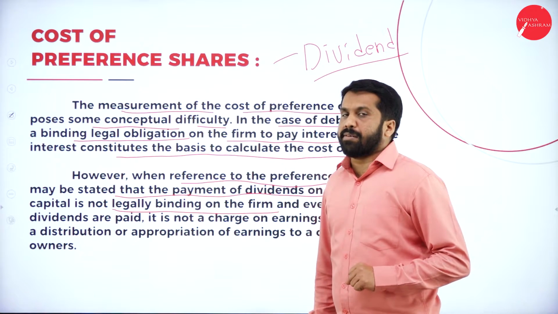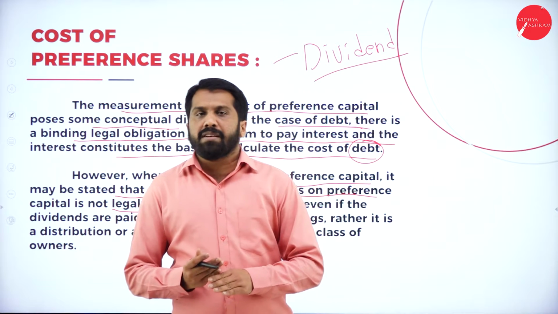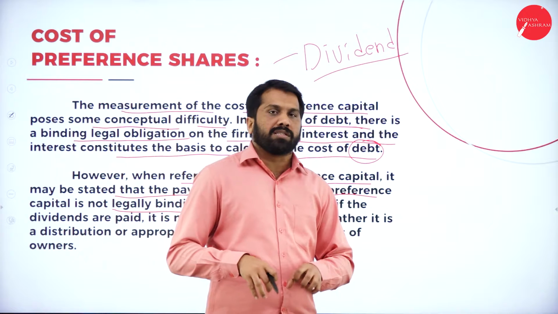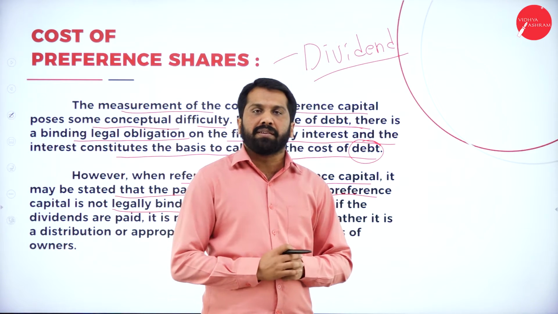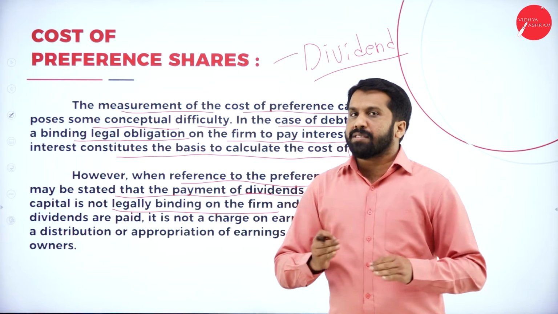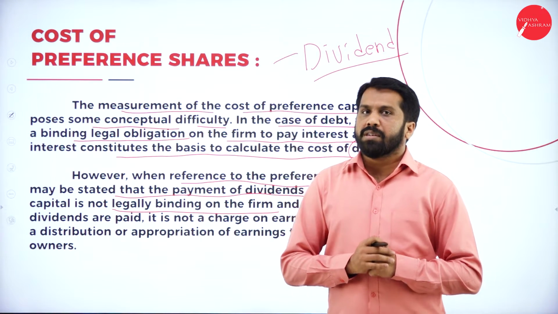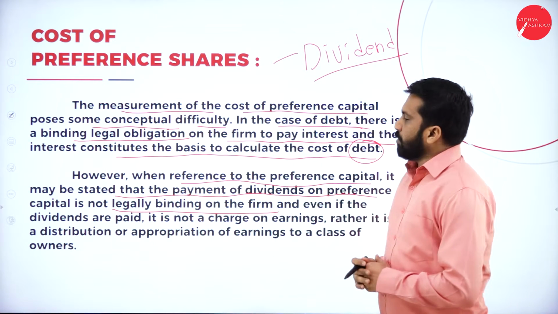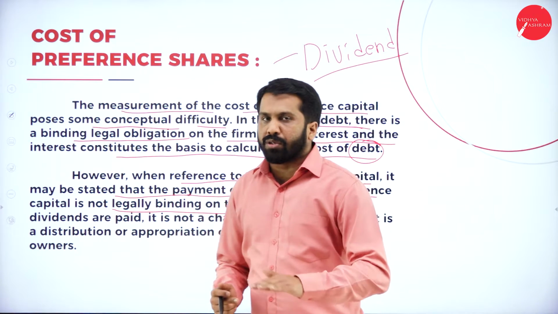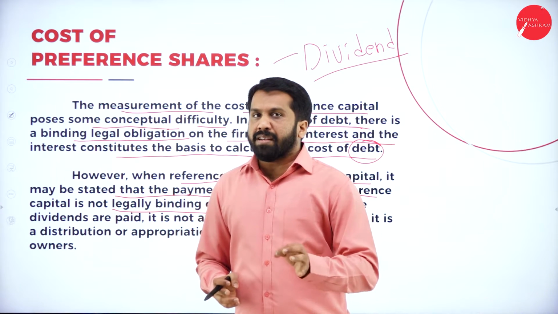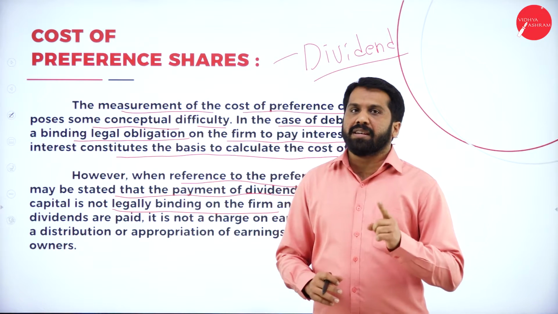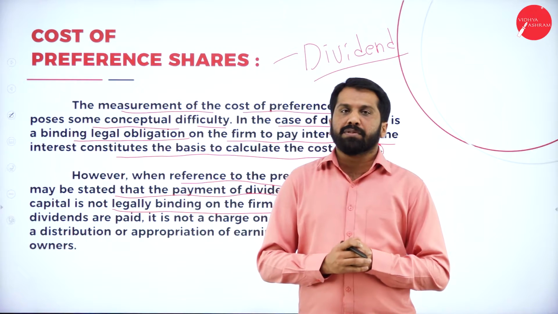It is not legally binding means, in debenture what happens? Every year they are supposed to pay interest to the debenture holders. Now, if the company is under loss, still they have to pay interest. If the company is under huge profit, still they have to give whatever percentage they have mentioned, that much only. But in case of preference shares, if there is a profit, then dividend. If there is no profit, no dividend. Remember this. Company earns profit, pay dividend. Company is not earning profit, don't pay dividend. These are the logics we are supposed to remember.